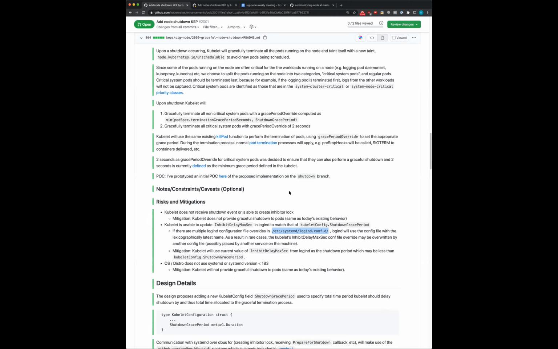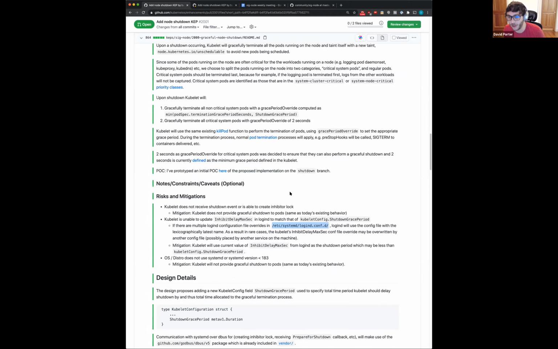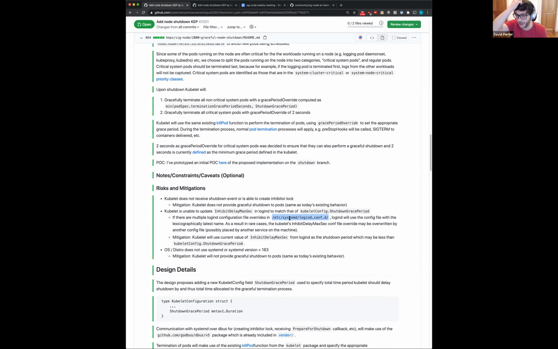Oh, I see what you're saying. You're talking about Linux. I don't think this will change that, because it'll simply ask systemd, and everything will continue running as is. It'll just delay the shutdown by that period of time. So it shouldn't change any of the priorities of the underlying processes. Oh, okay.